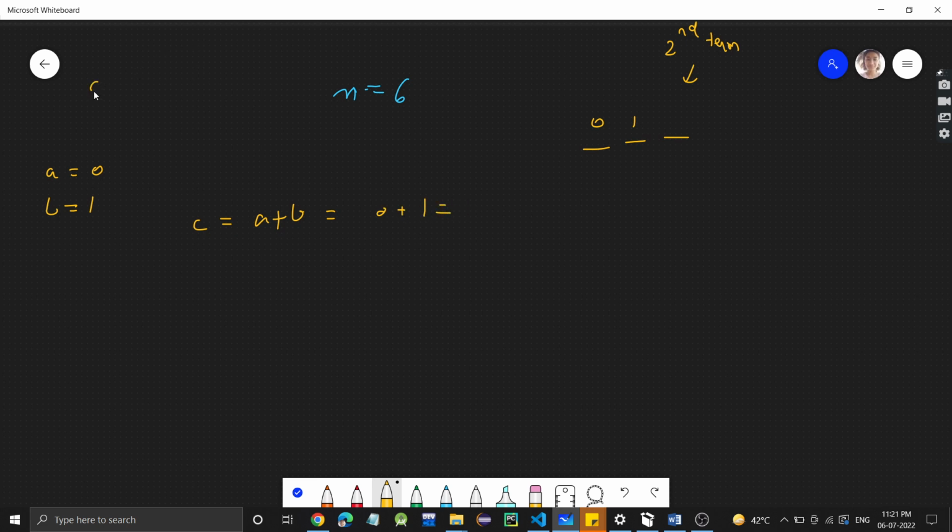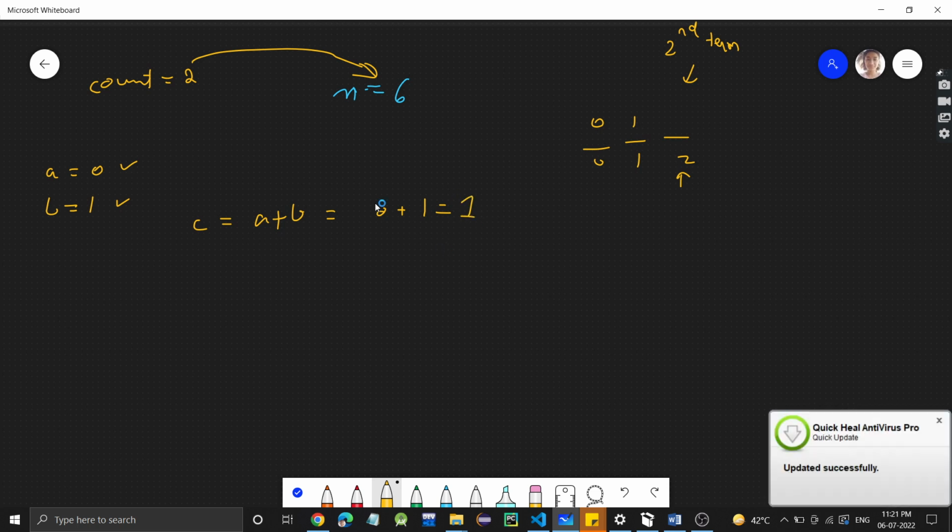And initially we will have count. So count will be initially 2, right? This count, we have to make it till 6. We have to find the sixth term, right? So initially, why have I taken count as 2? Because these are the first two, right? 0 and 1. These are the first two elements. So from the second, I have to start, right? Second term. So 0 plus 1 will be 1.